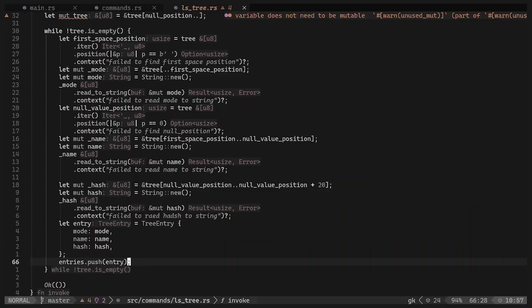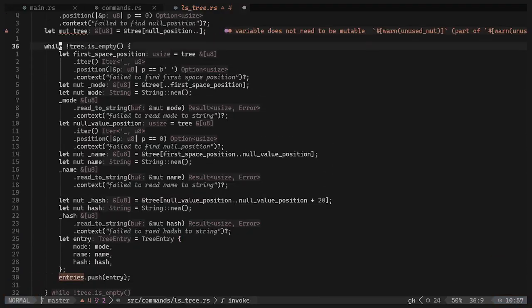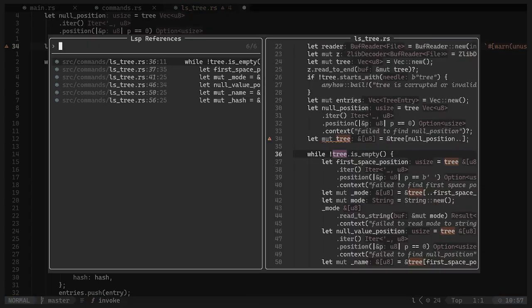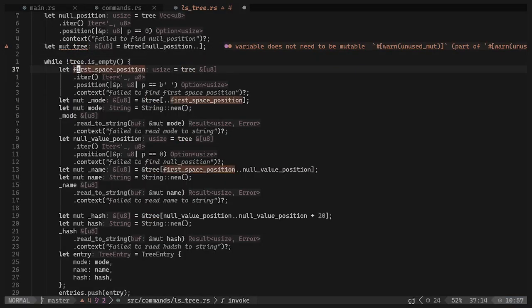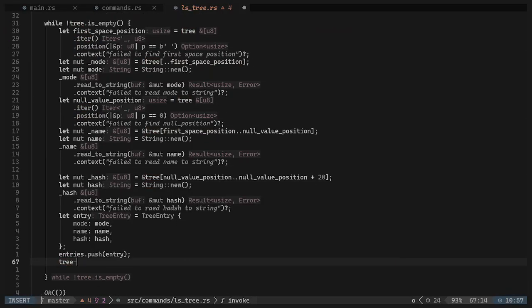Okay, so we need to update the tree so that we move forward. That's the best way to do that. So tree, do we ever deal with the tree? Oh yeah, I mean we do, but no tree does that, tree does that, tree does that. Anyway, so we're just gonna need to do tree is equal to